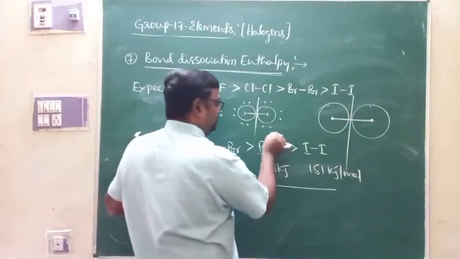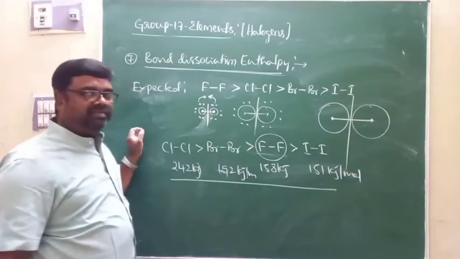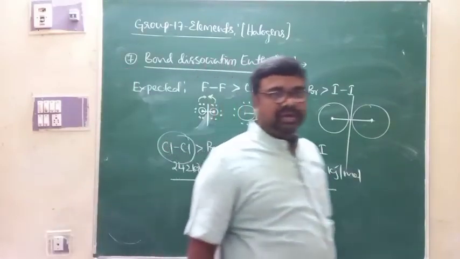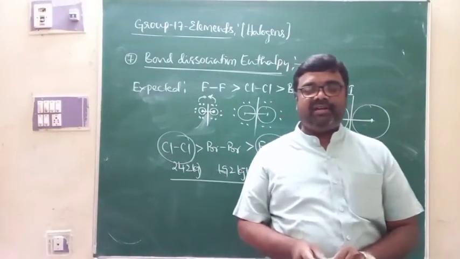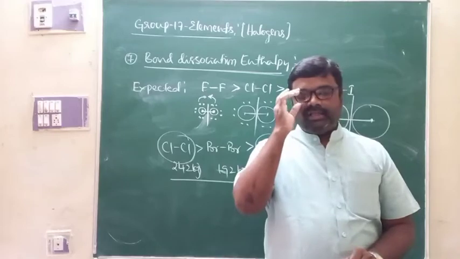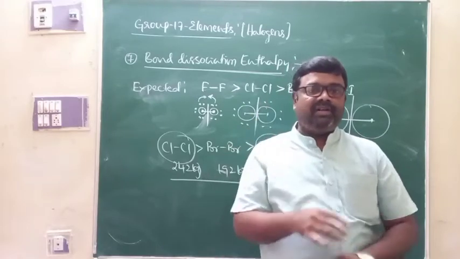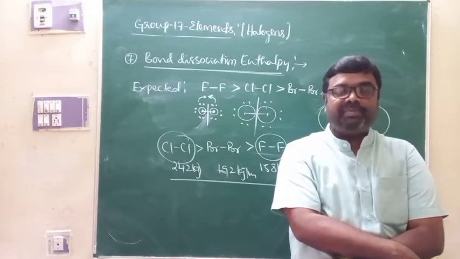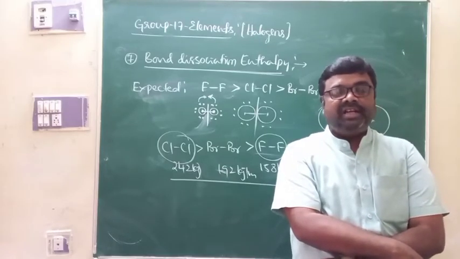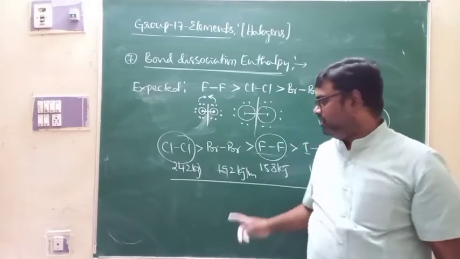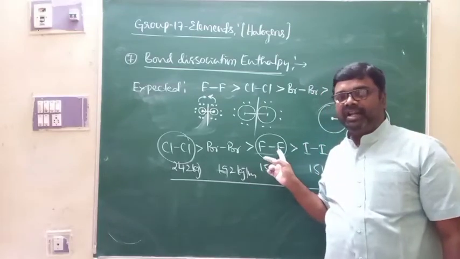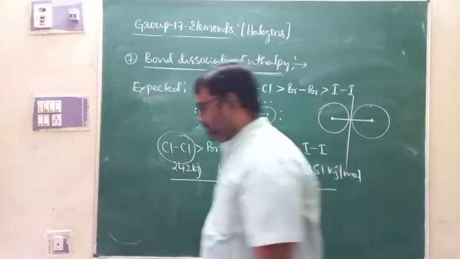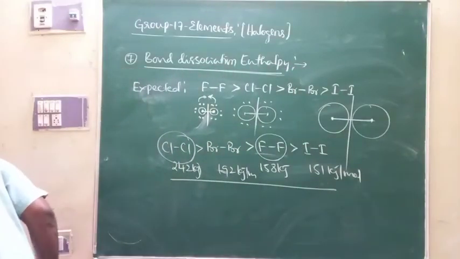Expect ಮಾಡಬಹುದು why that bond dissociation enthalpy of fluorine is less than chlorine ಅಂತ ಕೇಳಿದ್ರೆ ಇಷ್ಟೇ ಬರೀಬೇಕು. Because of the very small size of fluorine atom, the lone pair of electrons over the bonded atoms in fluorine molecule undergo repulsion, and that decreases the energy required to break the bond. Therefore, bond dissociation enthalpy of fluorine is less than chlorine and bromine. And of course, this is what we call bond dissociation enthalpy.